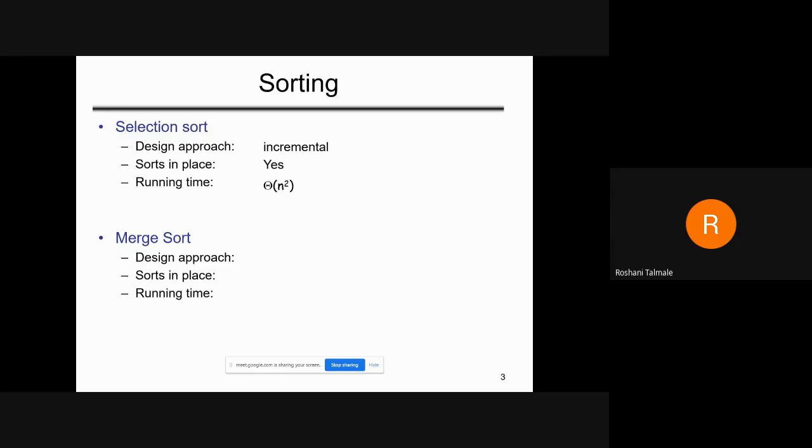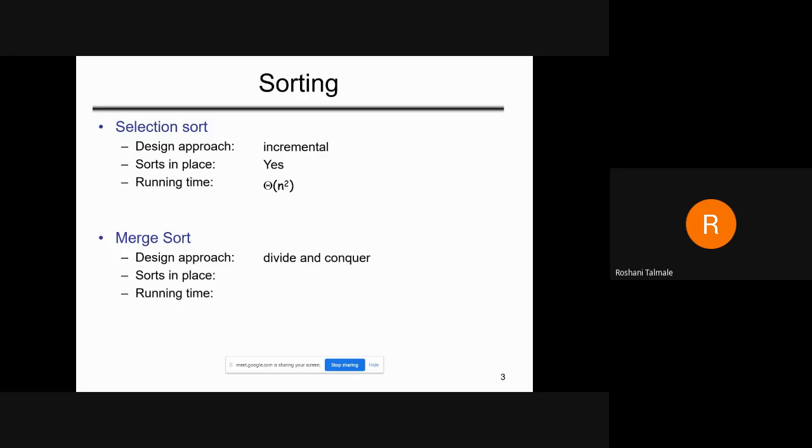Now today we will see merge sort. The name itself suggests we are merging sorted arrays. We will discuss it in detail. What is the design approach of merge sort? It's divide and conquer. So are you getting the meaning of incremental now? Incremental means from one iteration we go in an incremental manner: first iteration, second iteration, third iteration, till the array elements are finished. That is called incremental.